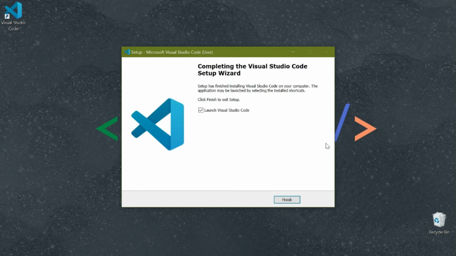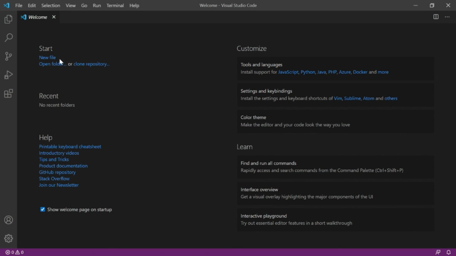The installation is finished. Let's launch Visual Studio Code. Yeah, you will have this window with start, recent,